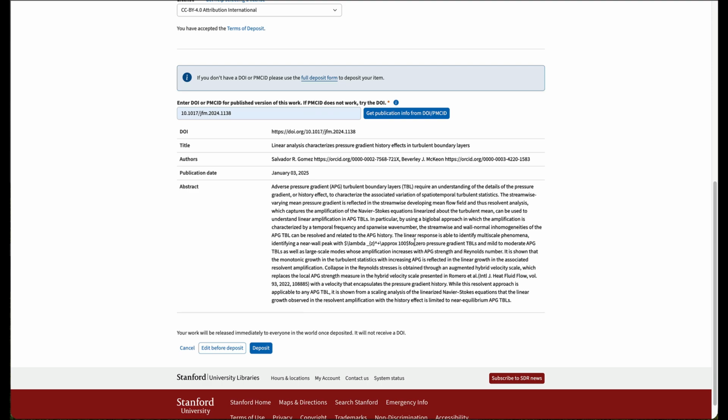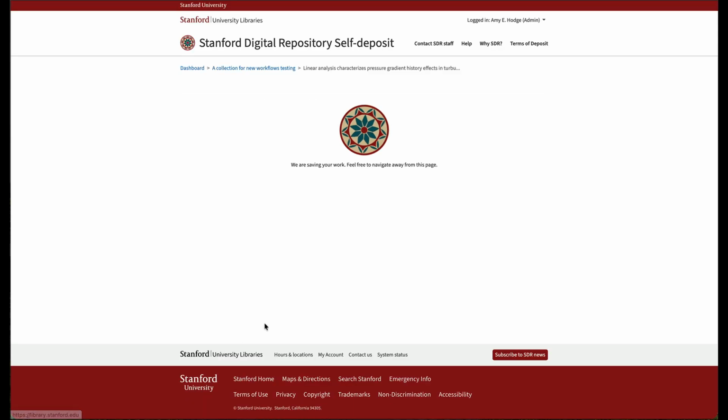So the user can then double check if all of this information looks correct. We let them know that the work's going to be released immediately to everyone in the world once it is deposited. These works do not get DOIs because there is already a published version of the work with a DOI. If they like everything, they can just click deposit. If there's anything they want to edit or if they want to add additional information, they can go to the full version of the form,